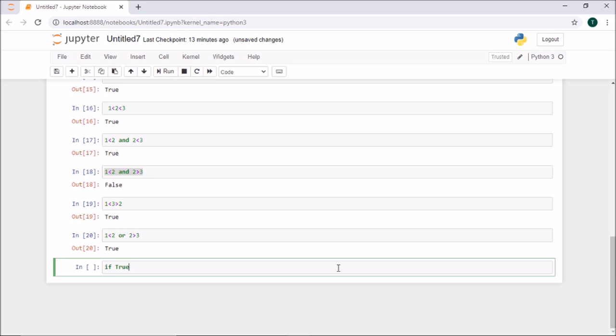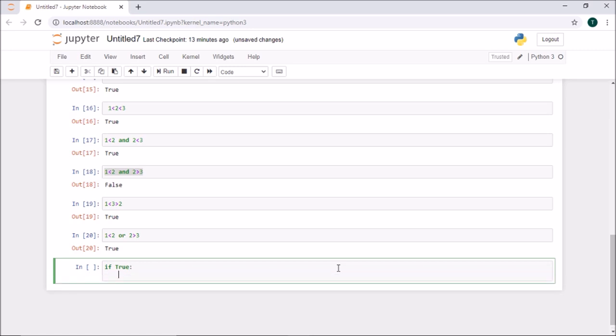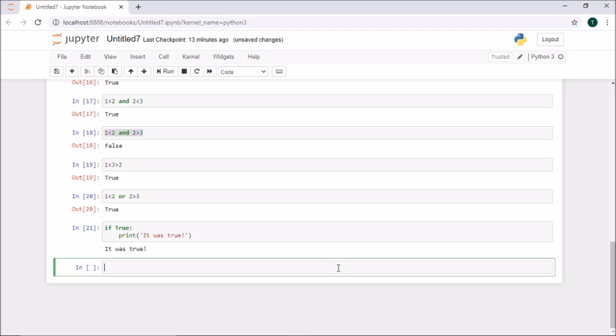So I'll say if True colon, print, let's say, it was true. If I run that, I just didn't give any function. I just say if it is true, print the value.